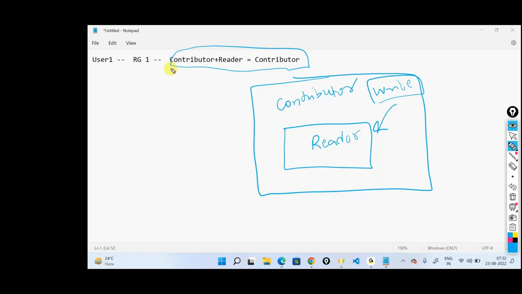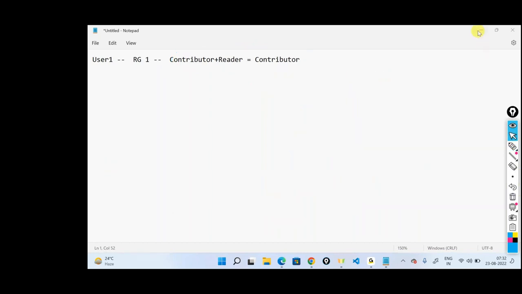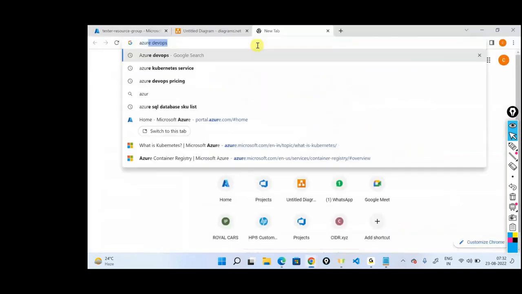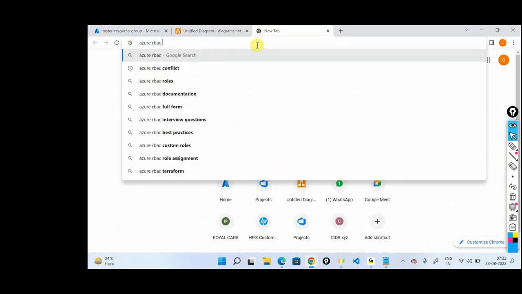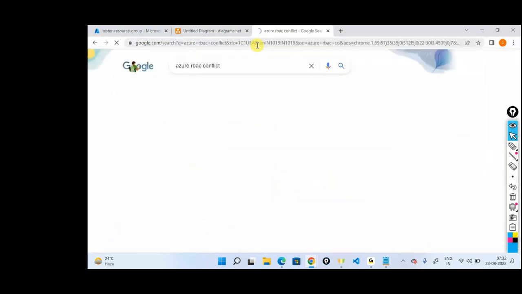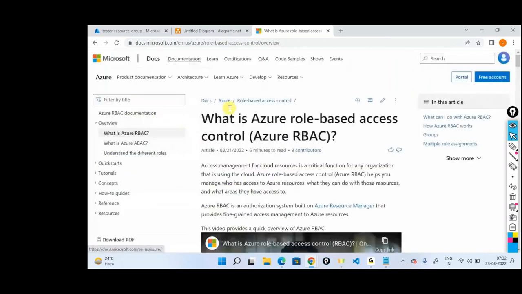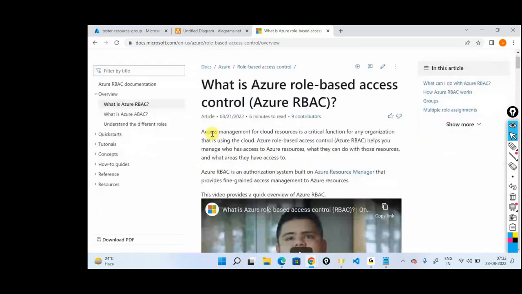Again, if you just go to the documentation as well, let's go there. Let's see how you can read this particular documentation. Let's search Azure RBAC conflict. So what is role-based access control? Azure RBAC. Again, I'll rely on docs.microsoft.com, wherein they explain what RBAC is. Access management for the cloud resources is a critical function for any organization. Azure RBAC, role-based access control, helps you manage who has access to what resource and what they can do with the resources out here. Then you have in this article multiple role assignments,